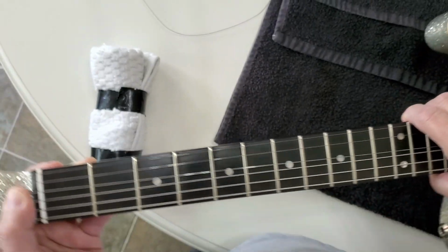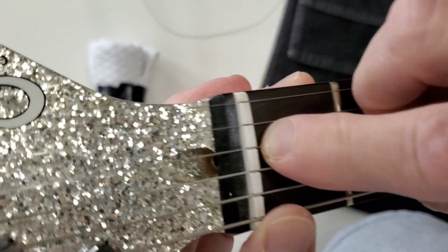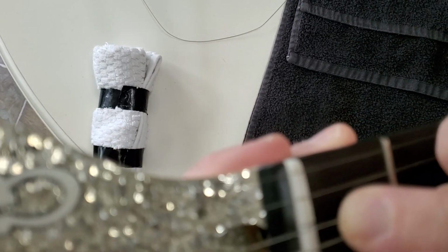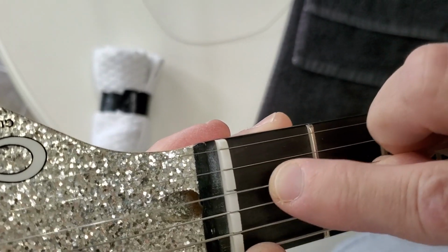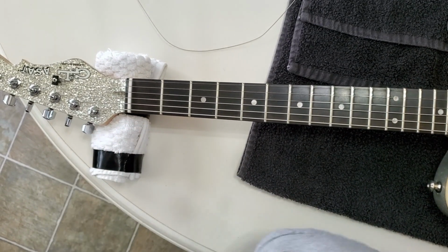Let's see if I can get this around here so you can maybe hear this when I pull up on it. Listen. Hear that? Hear how it's popping? Well, what happens is when you tune it,